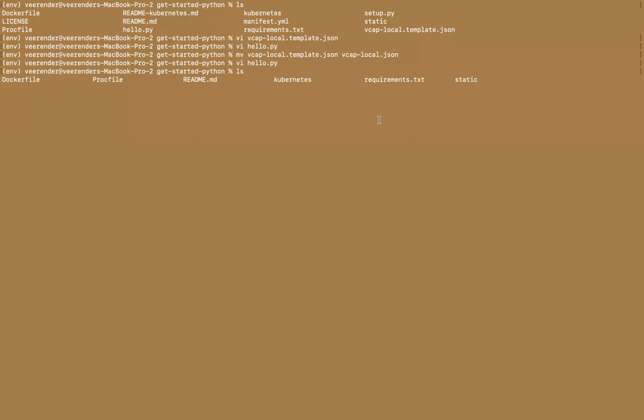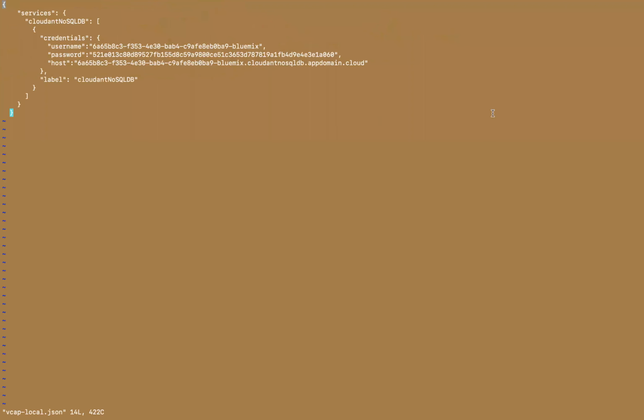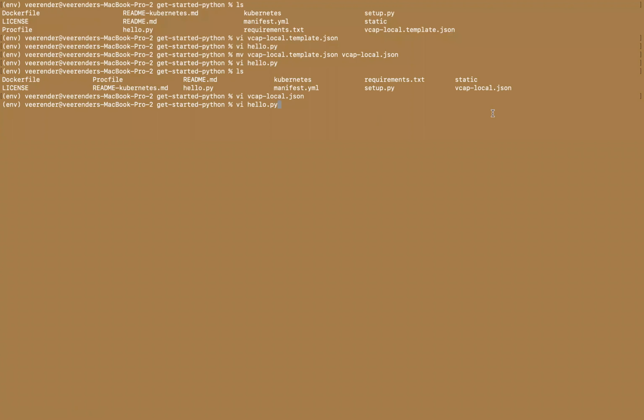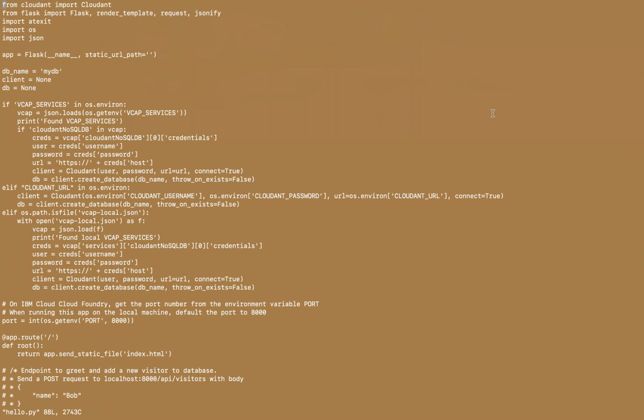Just let me do an ls. So right now you could see that I've just renamed this, so you have the same data available. Okay, now let us go back to the same file. I'm not really going deep into the Python syntax and all of this stuff.